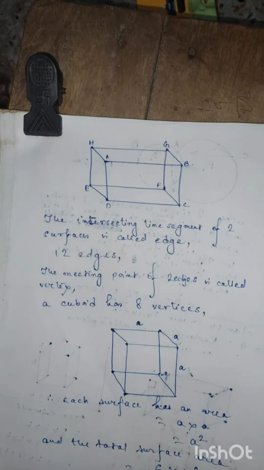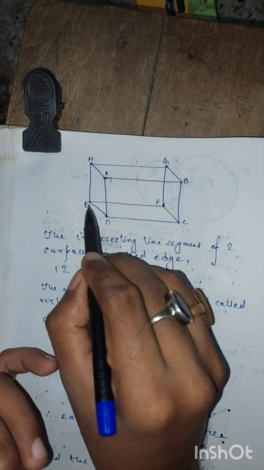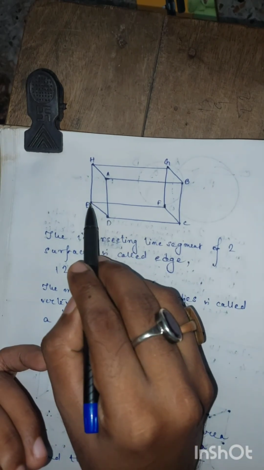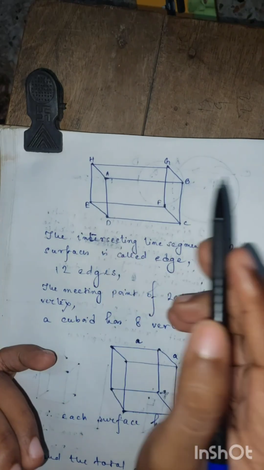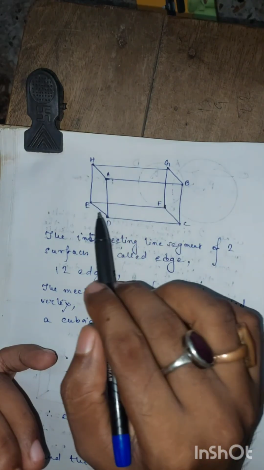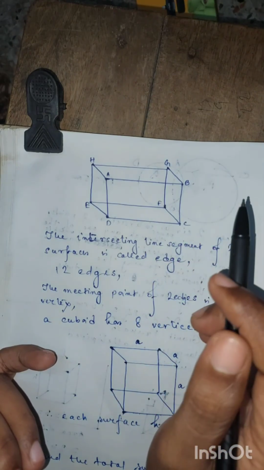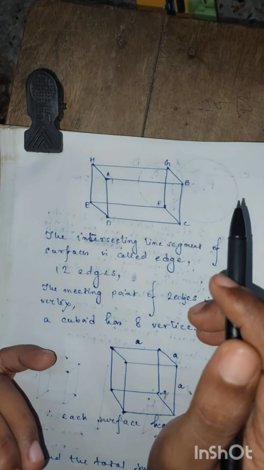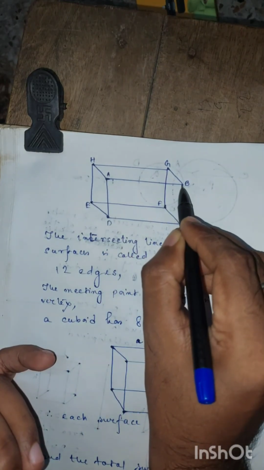Now, when we join the opposite vertices of a room, that is, let us assume this is a room. Now, if we join the opposite vertices of a room,